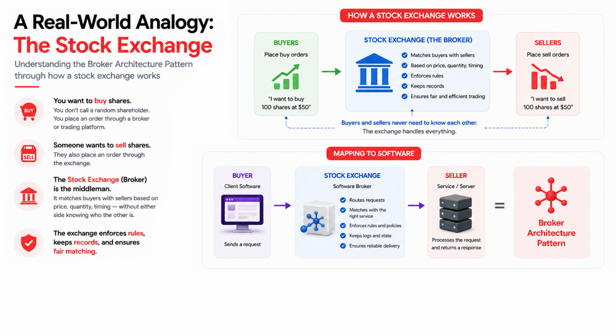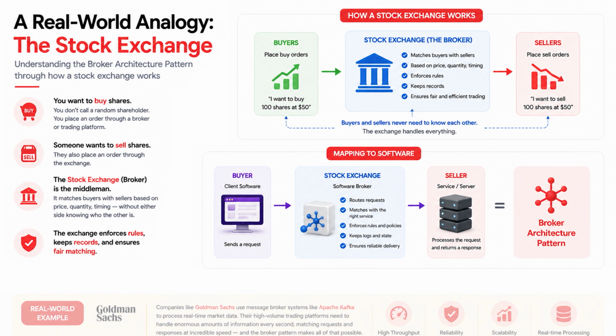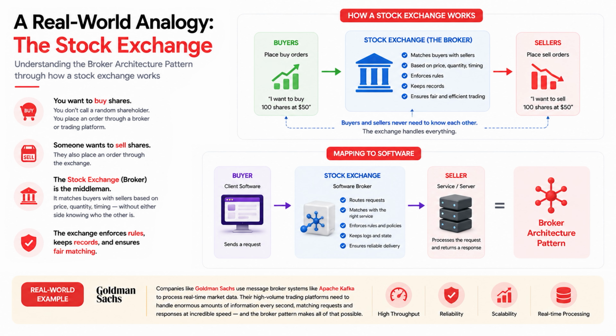The stock exchange is, in essence, a broker. It manages all communication between those who want to buy and those who want to sell. It enforces the rules. It keeps records. It ensures orders are matched correctly and fairly. Now replace buyer with client software. Replace seller with service or server, and replace stock exchange with software broker, and you have the broker architecture pattern